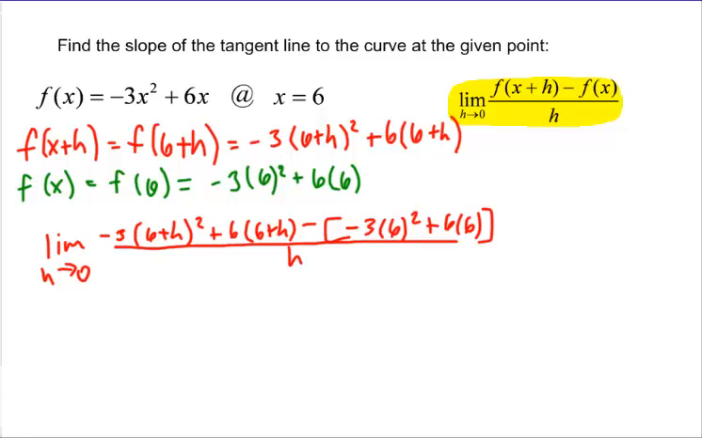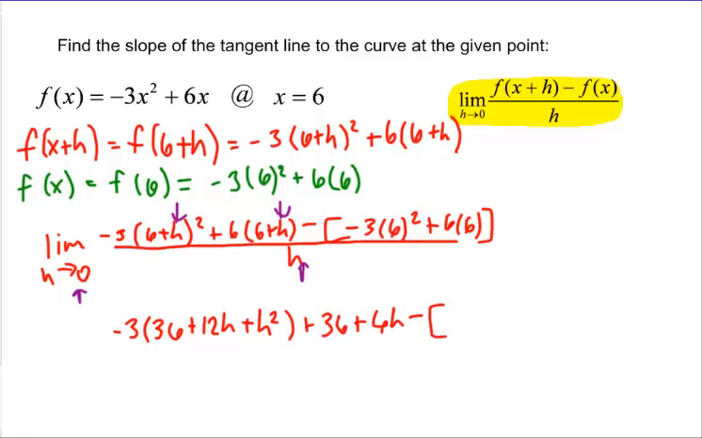Now, ideally what we want to do is take this 0 right here and put it in for all the h's right off the bat. But the problem with that is on the bottom we have a 0 in the denominator, and you can't have that. So what we've got to do is look for a way that the top simplifies. Go ahead and FOIL this guy out, and when you do that, you'll have negative 3 times 36 plus 12h plus h squared plus 36 plus 6h